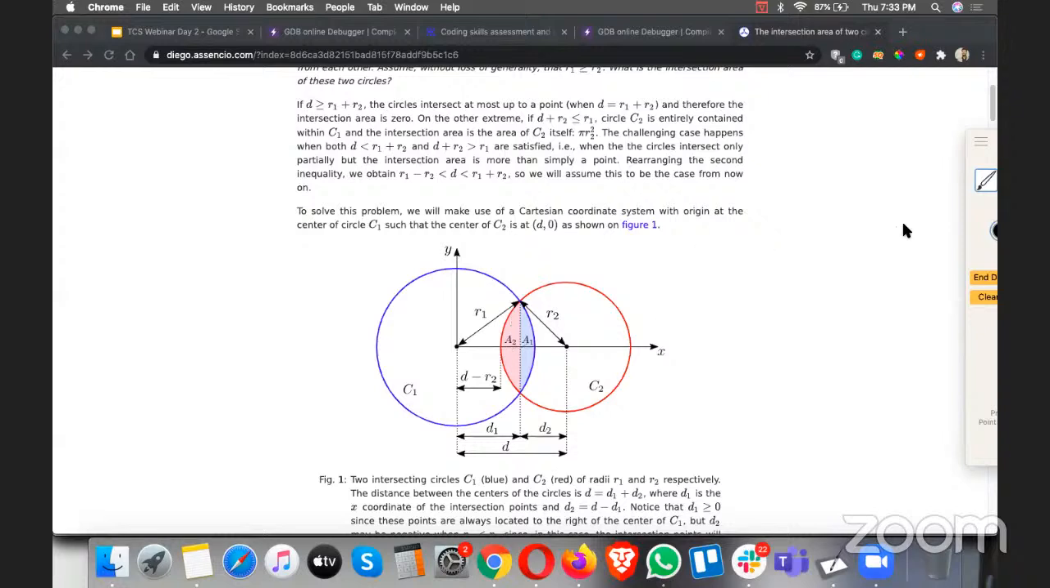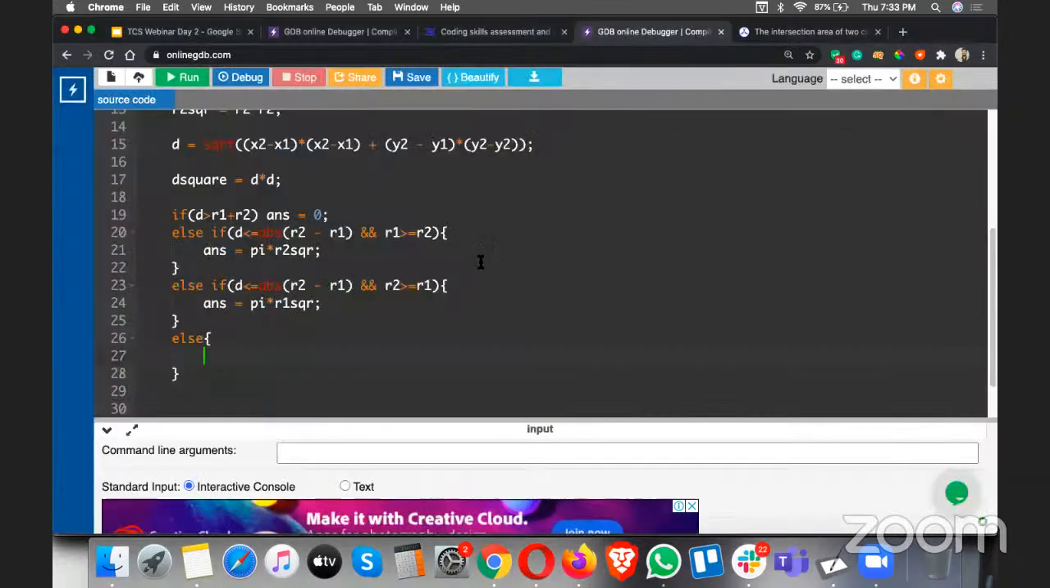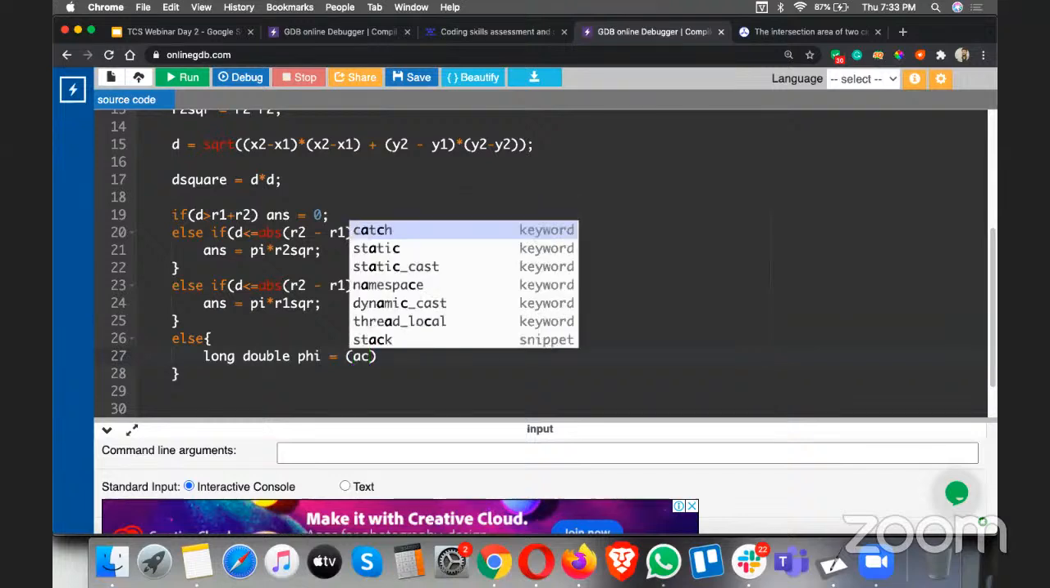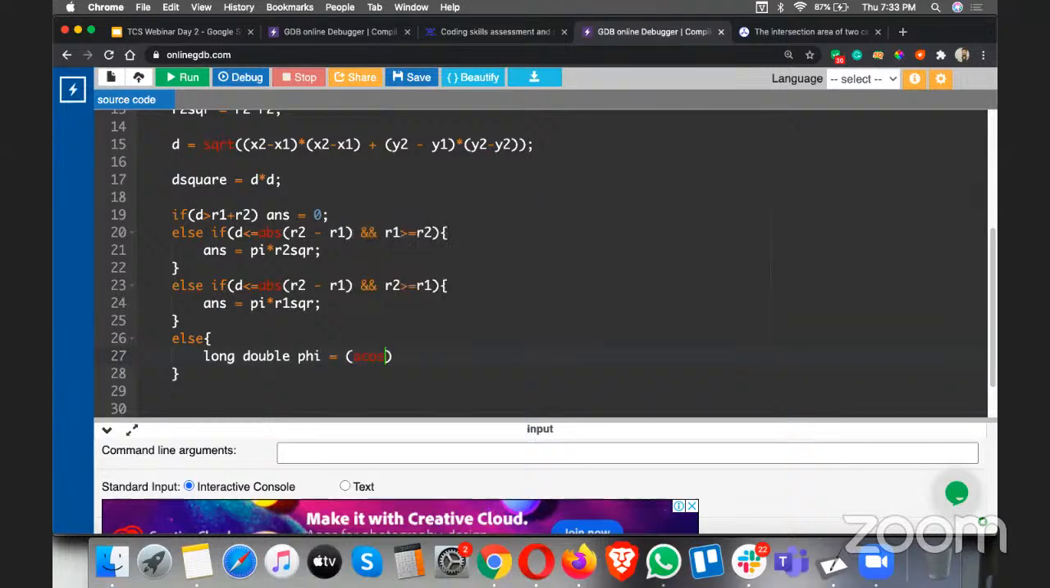And then there are derivations, which I don't want to focus on. In our online class, we will have this video again for you, in case the same question gets repeated. So what I would do is name a variable of type long double. I will give it the value phi, because that is what the formula says. I will use something called acos, acos of r1 sqr